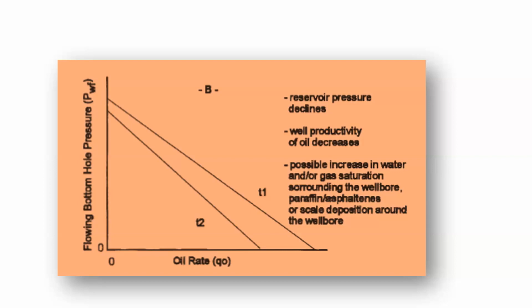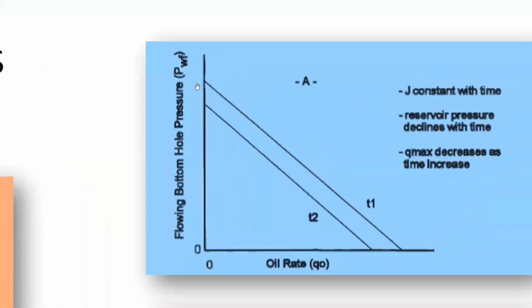So if paraffin scale is more, then the production will be constricted by it. So the flow will be reduced. So this could be one reason. When both are reducing in a constant way, so this we can come to a